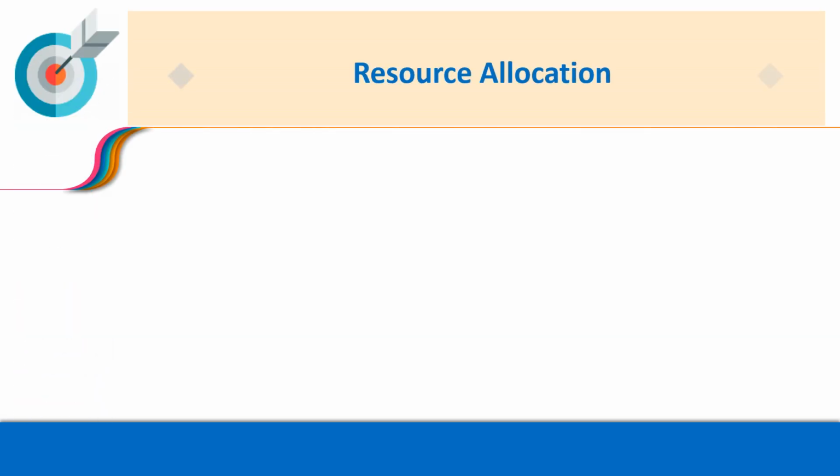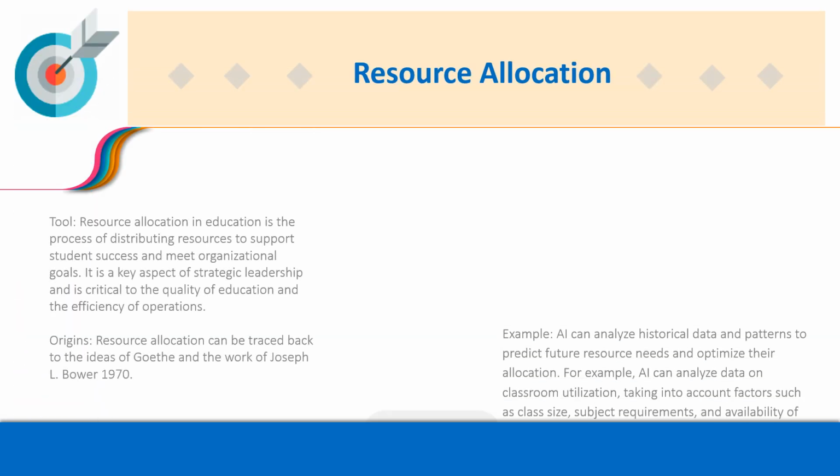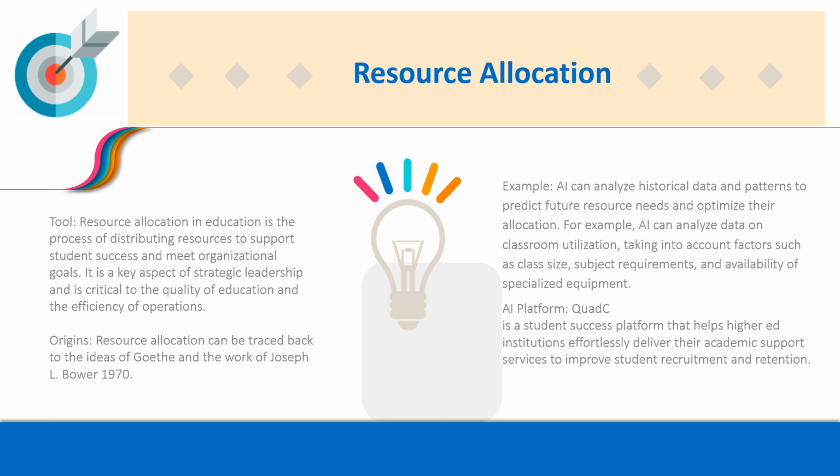Last one is resource allocation. This originates with Goethe, who was born in 1749 and died in 1832, and then it got picked back up with Joseph Bauer in 1970. Resource allocation in education is the process of distributing resources to support student success and meet organizational goals. It is a tool aspect of strategic leadership